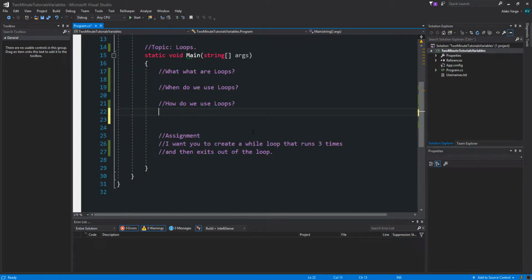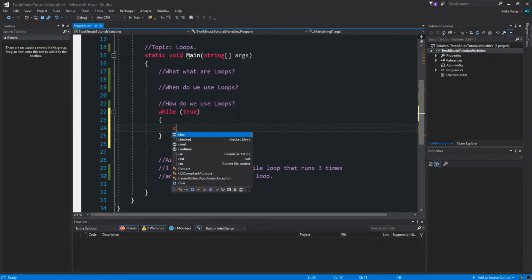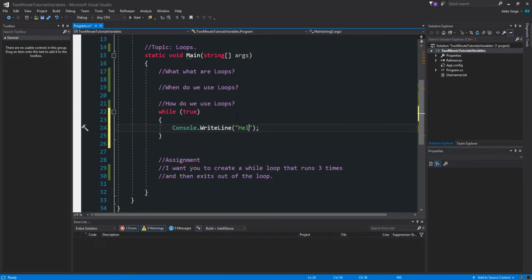So how do we use loops? A while loop will loop as long as the condition is true and doesn't change. For instance, if we create a simple while loop with a condition of true, let's see, while and tab, this will run until the condition is false. Let me demonstrate. So we have a while loop that has the condition of true. So if I were to console write line hello world,